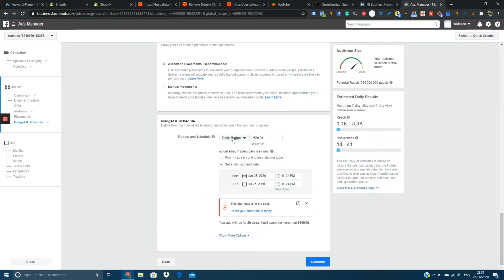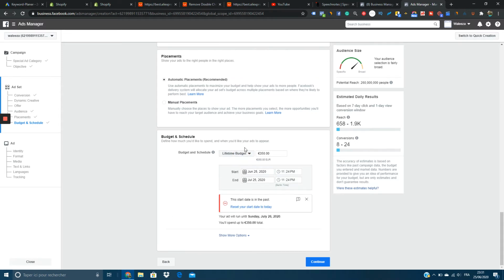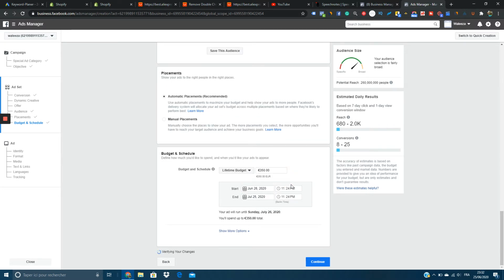Okay, now with the daily budget, actually I don't do daily budget. I always go for lifetime budget. Believe it or not, I don't know if it's true or not, but I see that when Facebook sees that you're gonna spend 20 euros a day, you say, oh, Facebook, I will spend 20 euros a day. And then someone comes and tells him, hey, Facebook, I will spend 350 euros for a lifetime budget from this date to this date. Let's say the start date, today's 25, let's say the 26th at